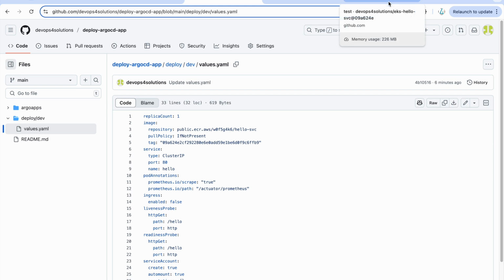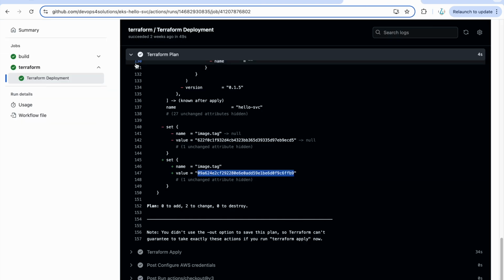So it is still fetching details from the GitHub repo and providing you the data. It is not doing the auto sync part, but it will show you that your application is out of sync with Git. So let's just check that.